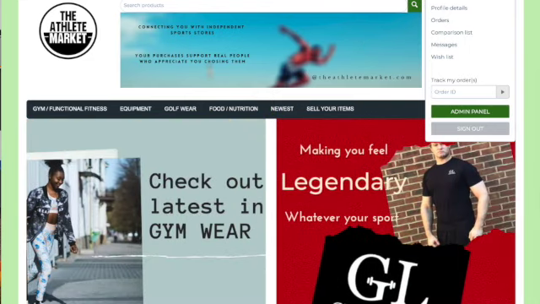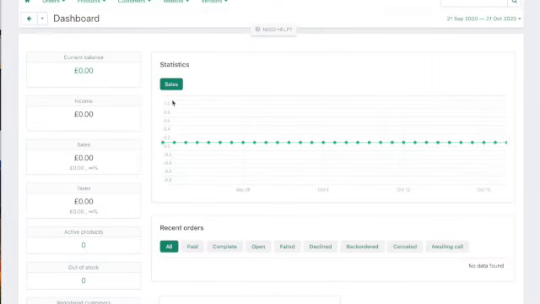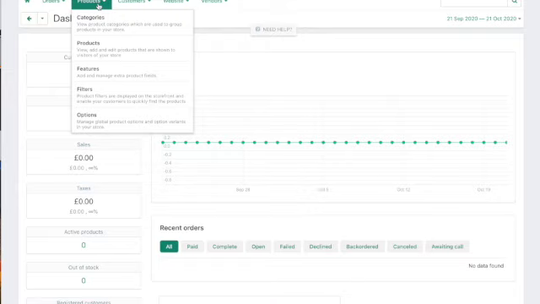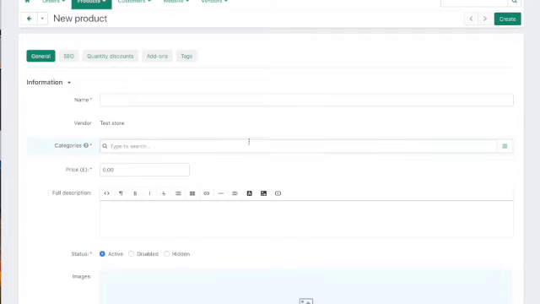So first of all, go to My Account and then Admin Panel, where you'll need to sign in. We will then come to your dashboard and you can see at the top there, Products. On the right hand side, click the plus sign to start adding your products. Now some of these fields will be fairly obvious, but I'll talk you through some of them that might not